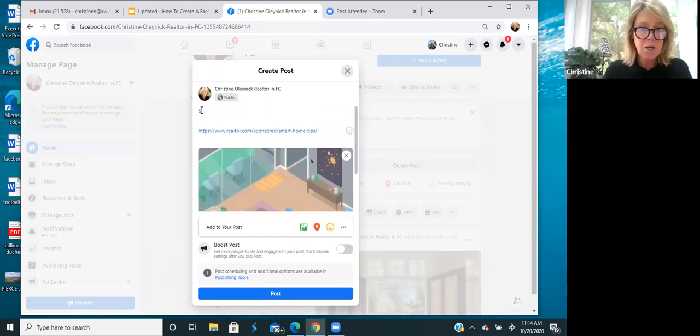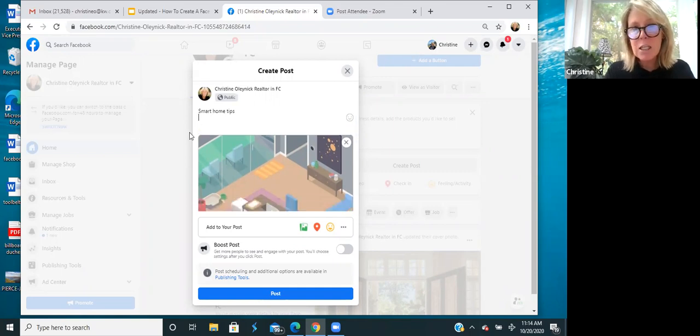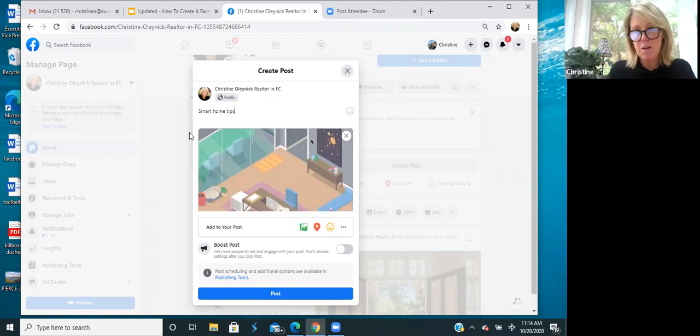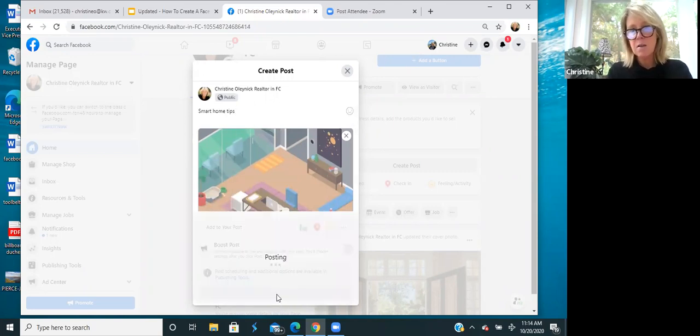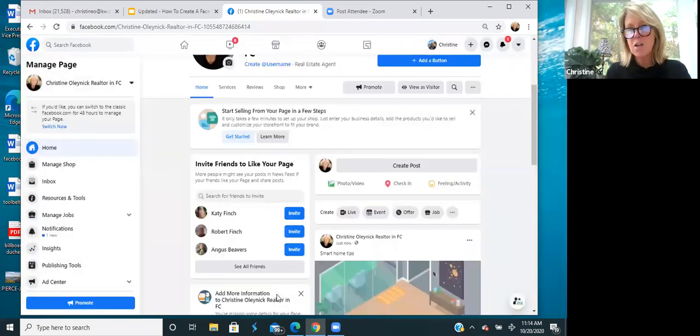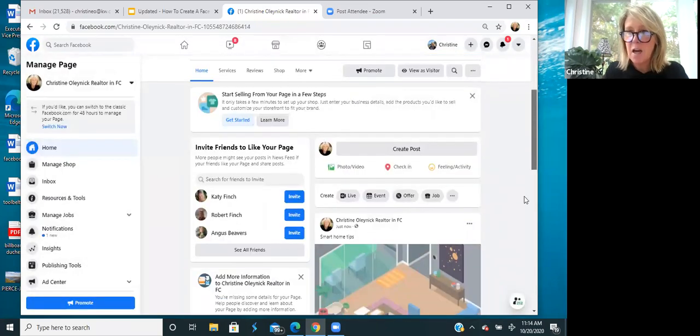I'm going to put here smart home tips. As you can see, it already auto-populated. Once you see the image and I type in my title, you then want to get rid of that link. It's still linked, but it just doesn't look professional. So now I'm going to hit post. And there you go, my first post has been done.